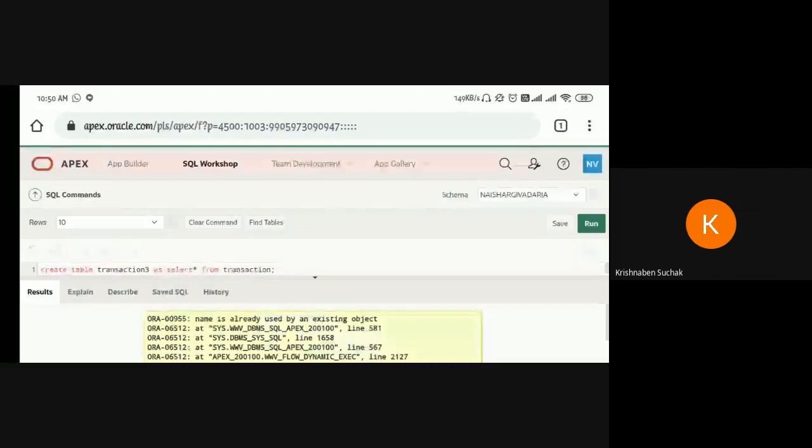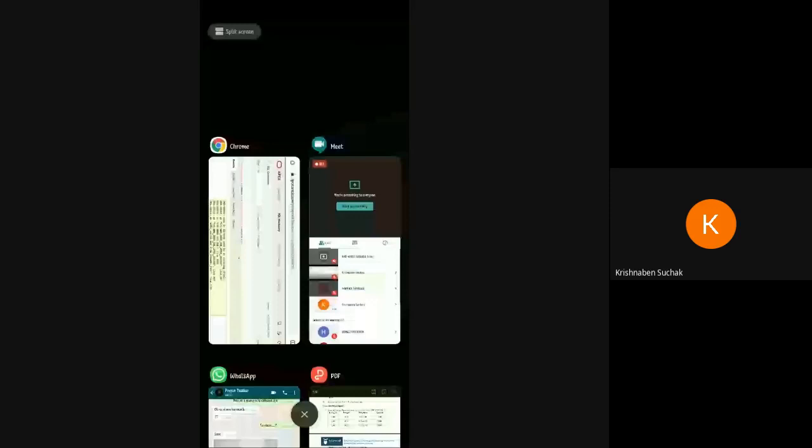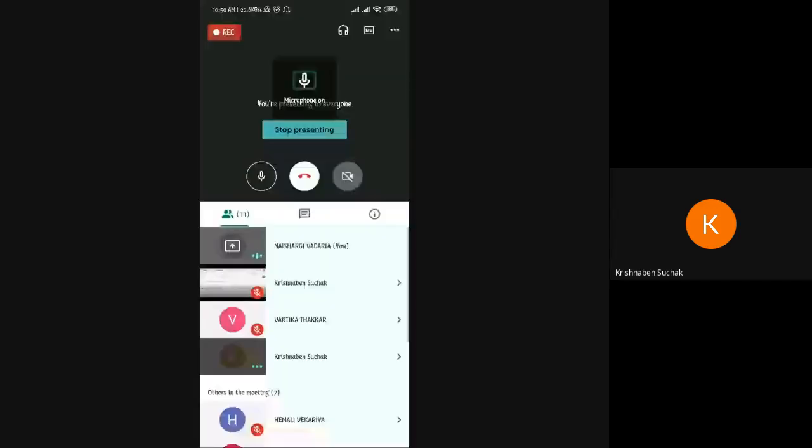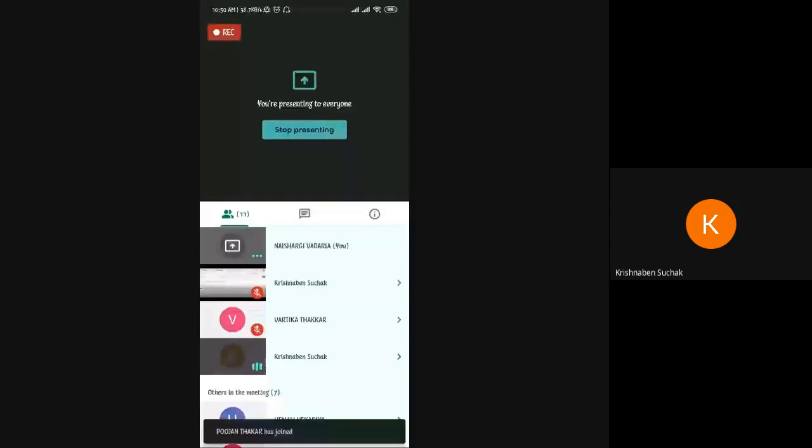So transaction 3 is already there in your table. So you can write transaction 4 or 5. Ma'am, it isn't there. Then why is it showing name is already taken by object? There must be. The table name is transaction only. Try using some other name. Okay, ma'am.